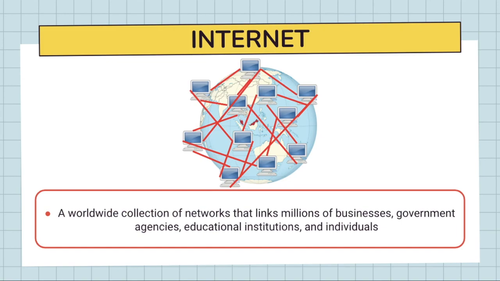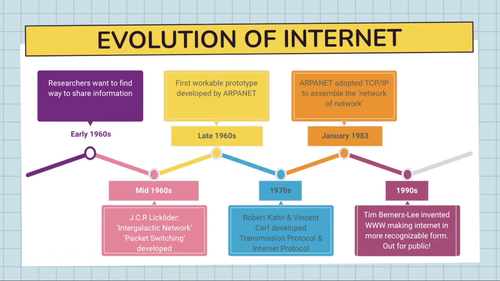Let's dive into a little bit of the history of the internet. In the early 1960s, government researchers wanted to find a way to share information. Since computers back then were huge, in order to share information from one computer to another, one had to either travel to the site of the computer or have magnetic computer tapes sent through the system. In the mid 1960s, J.C.R. Licklider popularized the idea of an intergalactic network of computers. Shortly after that, computer scientists developed the concept of packet switching to transmit electronic data, which was the major